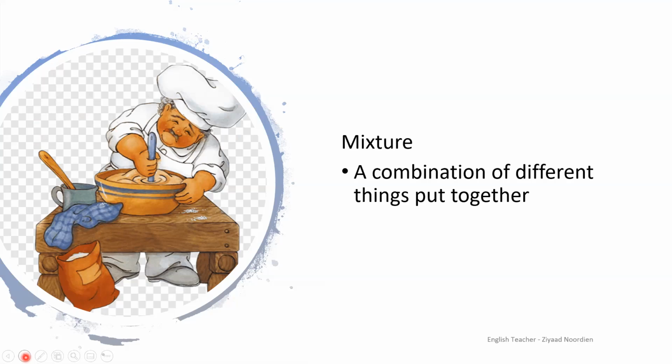On the left hand side, I've got a picture of a baker in his little chef's or baker's hat, and he's busy mixing something together. So he's thrown flour in there, he's thrown eggs, water, milk, whatever his ingredient list tells him to put into the mixture. So that is mixture. And how I can use that in a sentence: the mixture should look like fine crumbs, meaning everything you put together should make fine little crumbs once it has been completed.